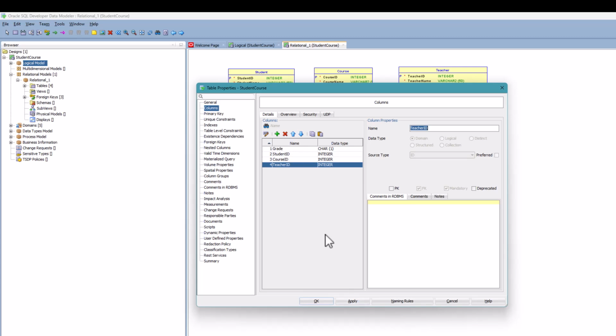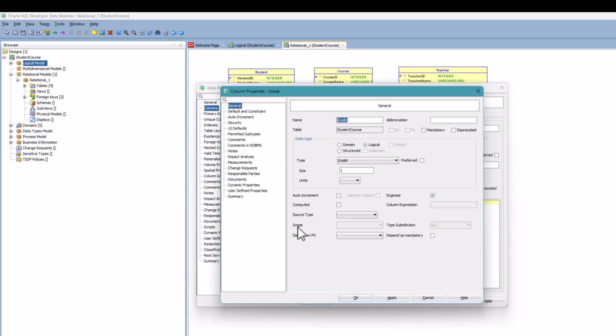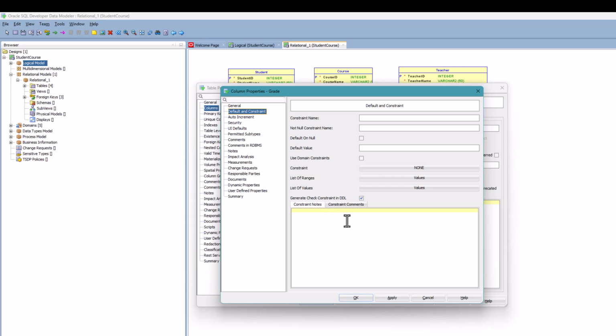And then the next thing that we want to do is actually go to the grade. Because for our grade, we did not use a domain to set up our grade. We went in and defined the type, and we do not have a check constraint on it. And probably we need to add a check constraint. We can do that by going into edit mode on our entity relationship for the column itself. And if we go to the default and check, this is going to give us the option to put in a list of